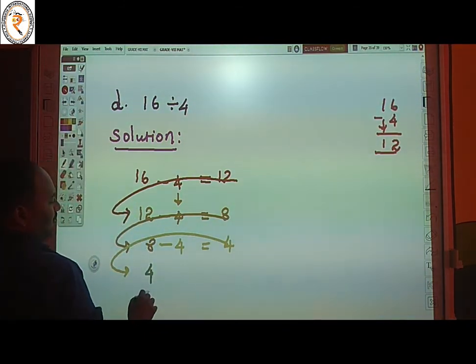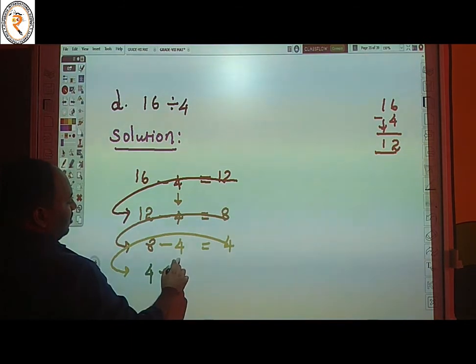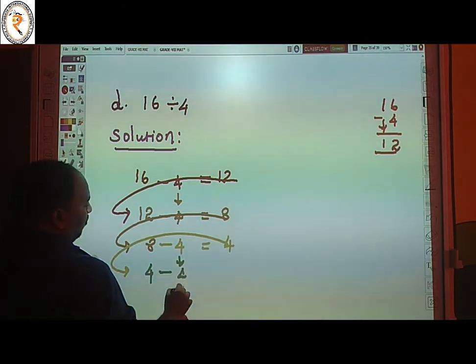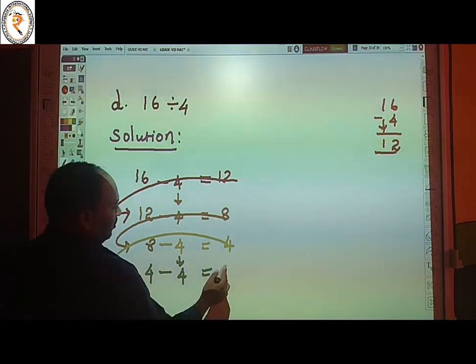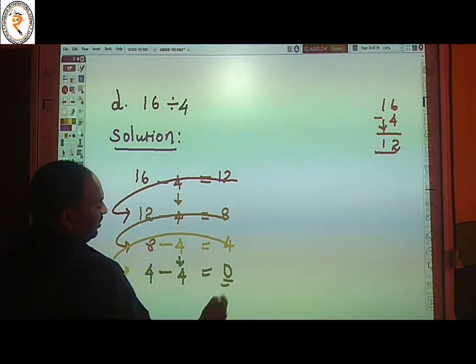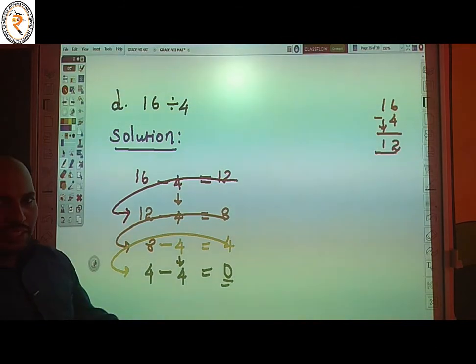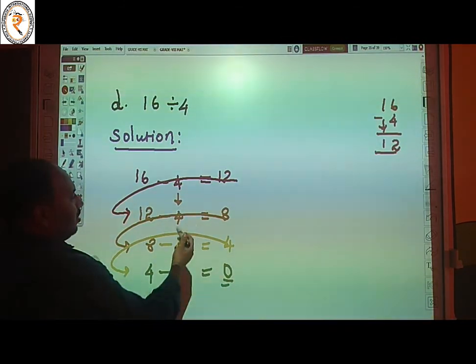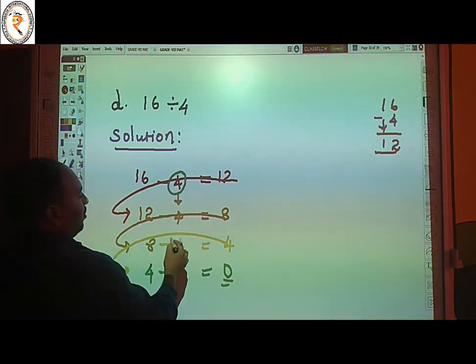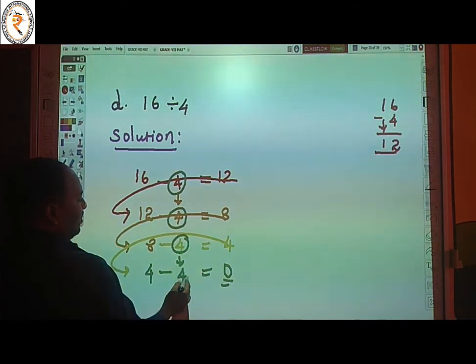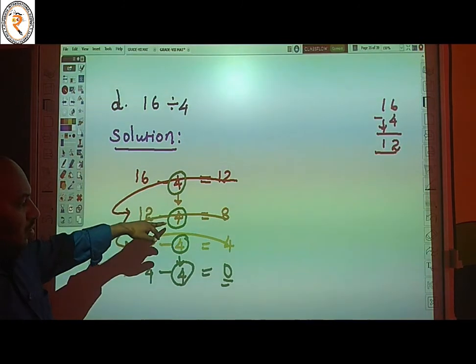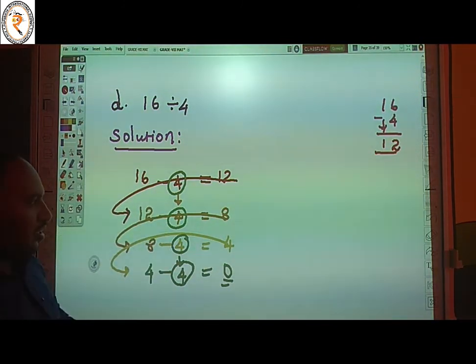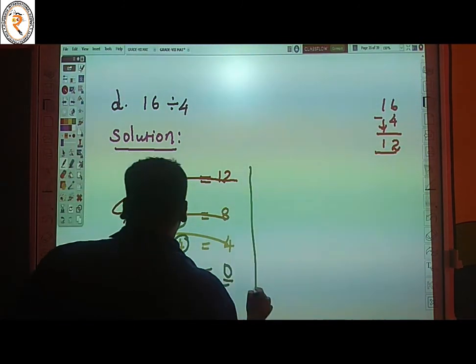Take the answer 4, minus, again we take 4. 4 minus 4 is equal to 0. Our final solution is 0. We have subtracted 4 how many times? 4 times. 1, 2, 3, 4. So our solution is